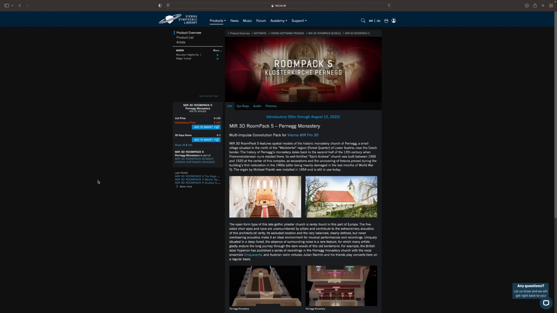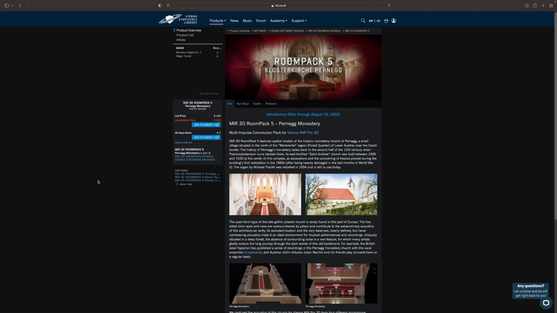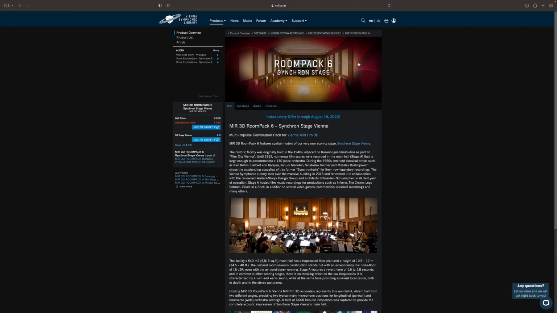The fifth room pack features a further mystic space, Pernegg Monastery, and it sells for 155 euros and the intro price is 135 euros. And room pack 6 features the VSL Synchron Stage and it sells for 250 euros and the intro price is